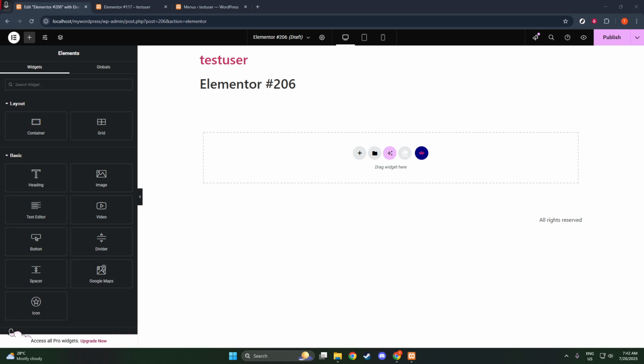Next, let's focus on the bottom left corner of your screen, where you'll notice a small gear icon. This is the settings icon, which when clicked will reveal a panel containing various options for your page. Clicking this gear icon will bring up the page settings. You'll see several options here, but don't worry, I'm going to guide you on exactly what you need to do